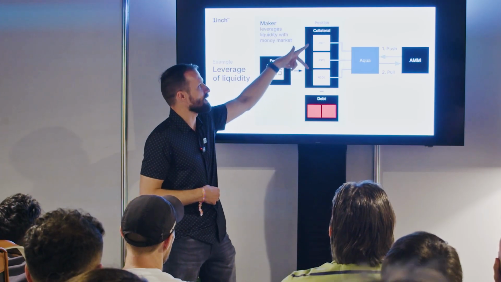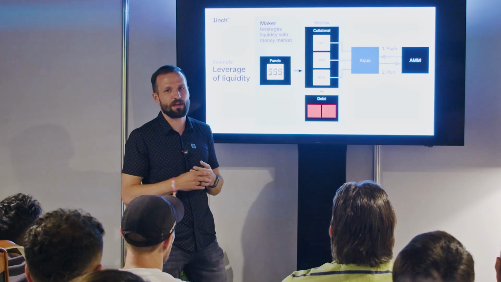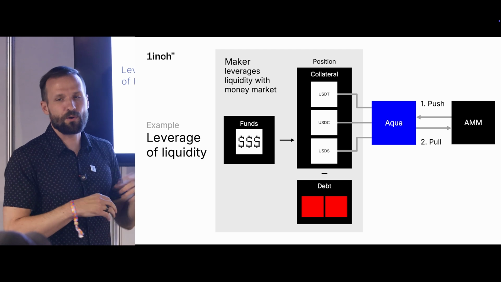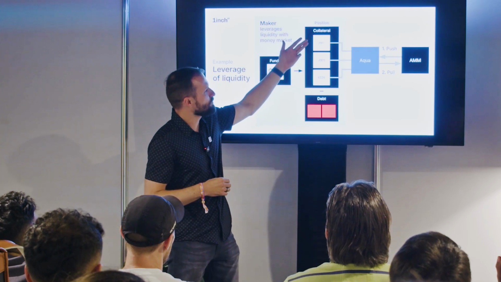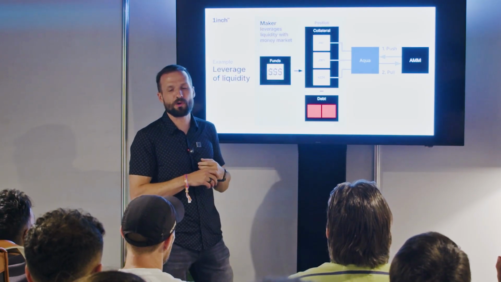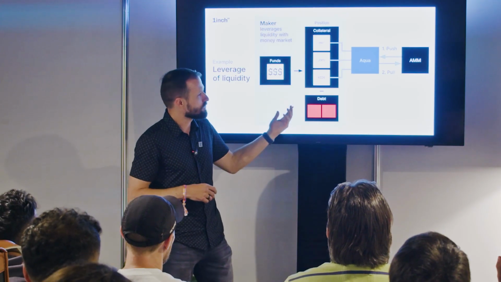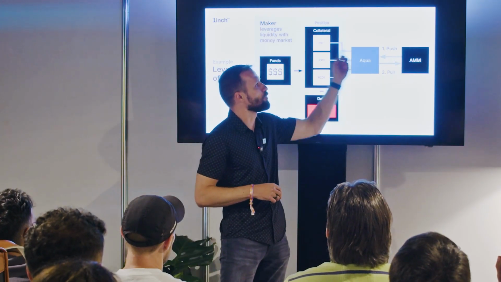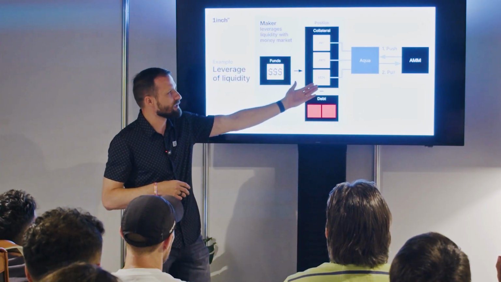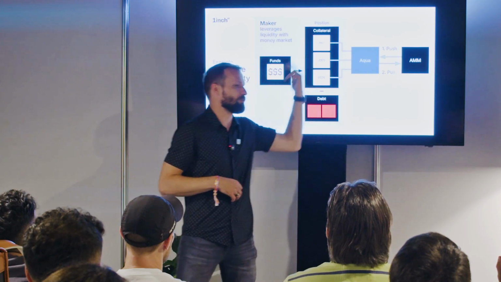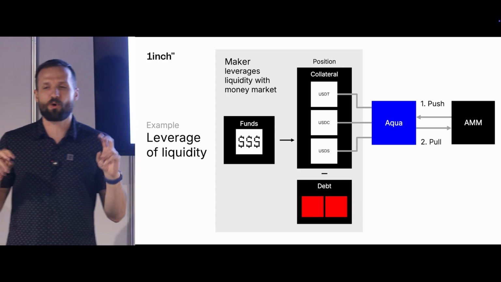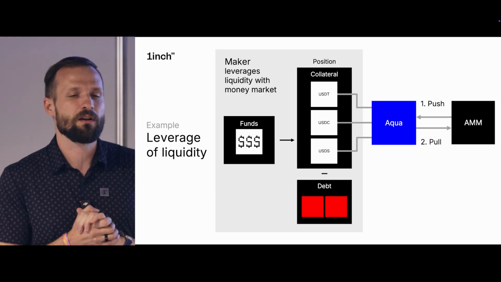If you put liquidity in 3 pairs, every asset will be in 2 different pairs, so you will have a 6K virtual liquidity instead of 1K originally. The only difference here is that Aqua would not be able to pool 1K of these assets because you would be under-collateralized. This would lead to a revert. The money market would not let you do this. So AMMs should support the ability to push first and pull then. Aqua does not restrict this, but AMMs should be able to support it. This is on them. So the capital efficiencies of both properties, shared liquidity and unlocked liquidity, could be multiplied.